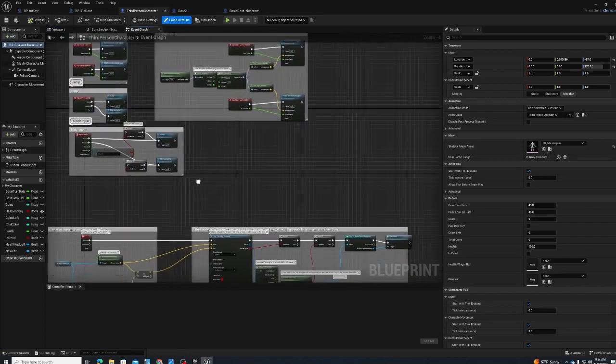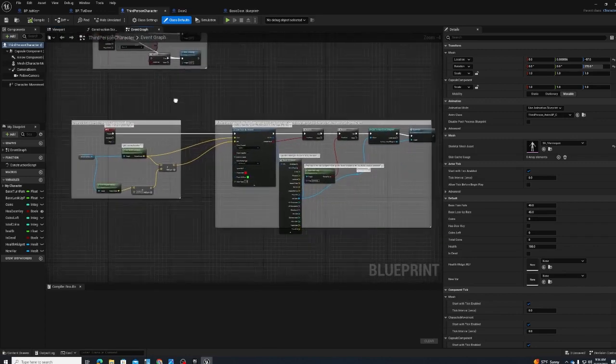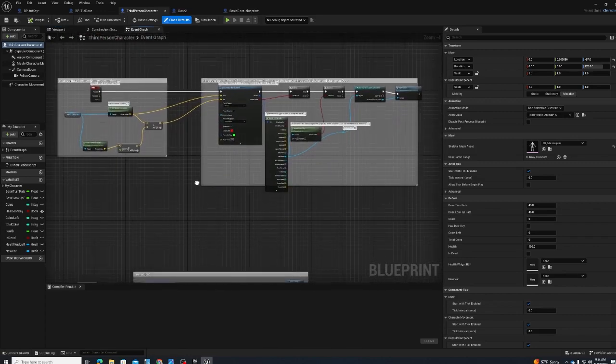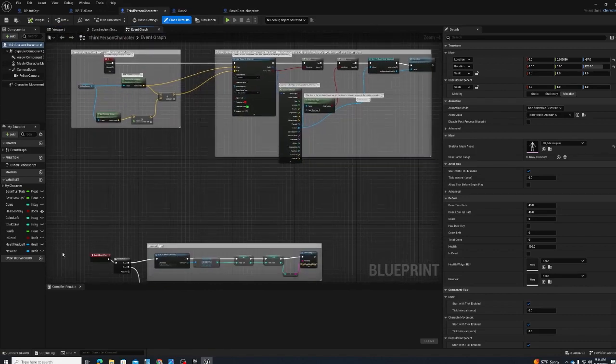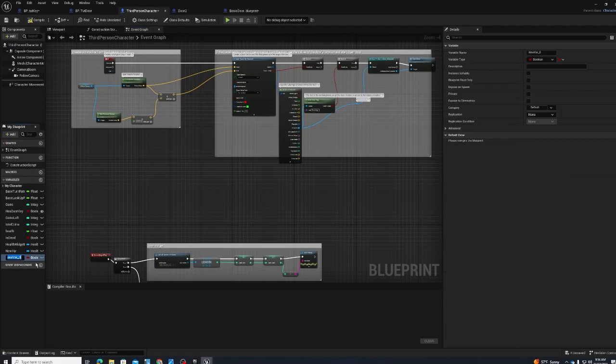And I have other stuff in my third person character blueprint that we're gonna add later. But I'm not going to do much in here. All I really need to do is add a variable to set whether or not I have the key. Okay, so on my third person character blueprint, I'm going to add a variable. And I'm going to call this, this time I'm going to say